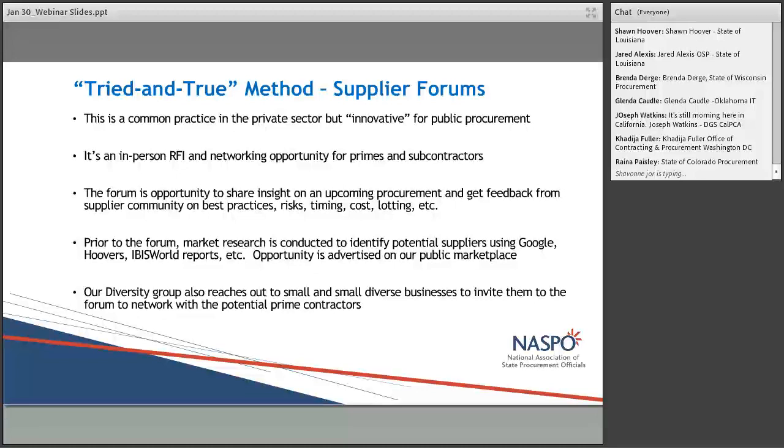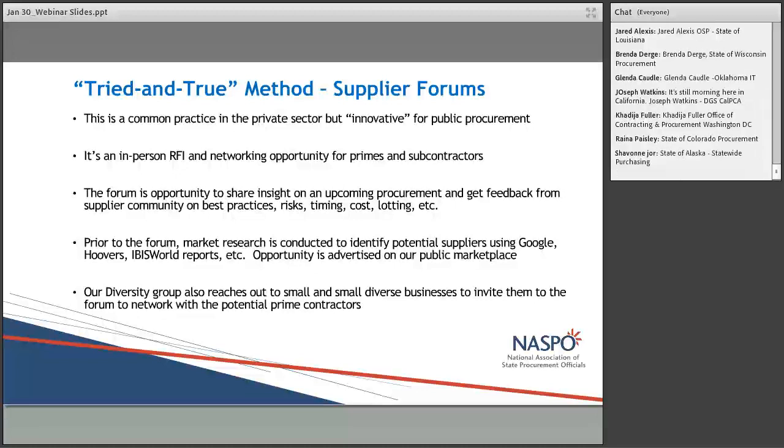So the forum happens at the beginning of the procurement process, well in advance of our posting a solicitation on our public site. And the purpose is to interact with the supplier community and get their feedback on best practices,